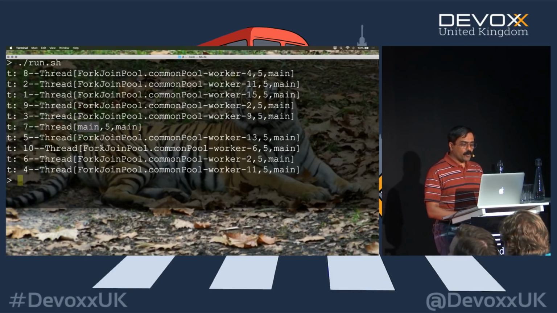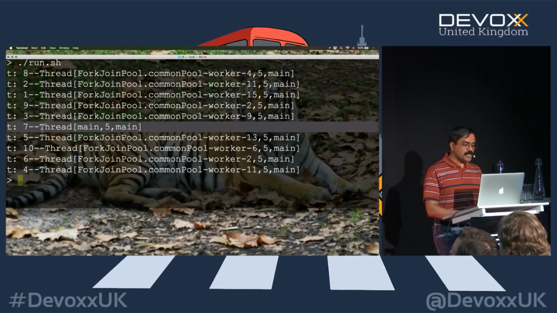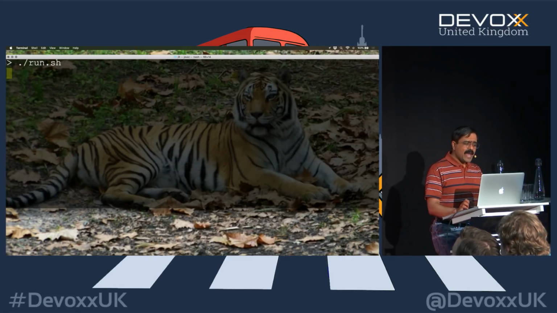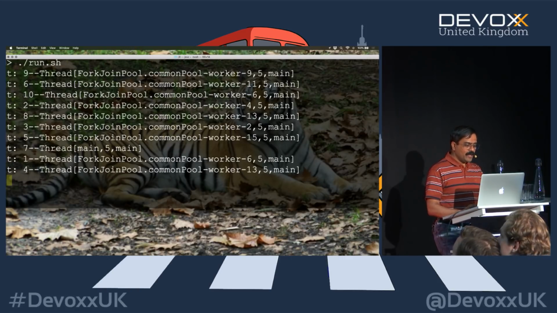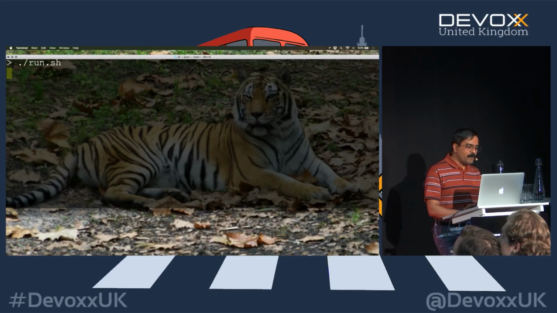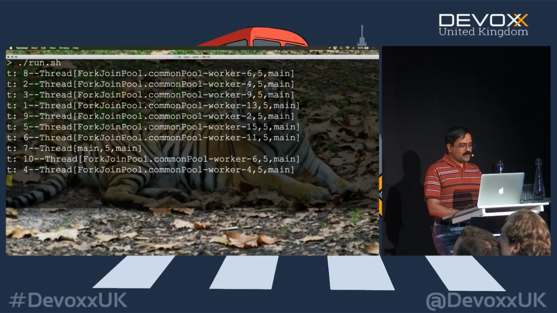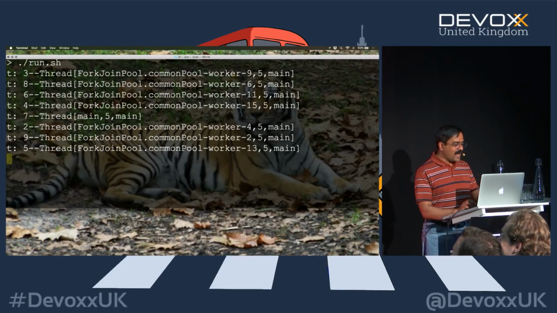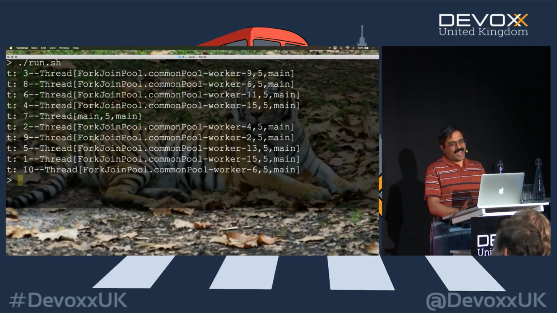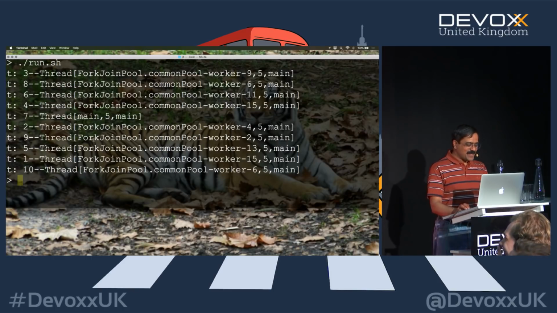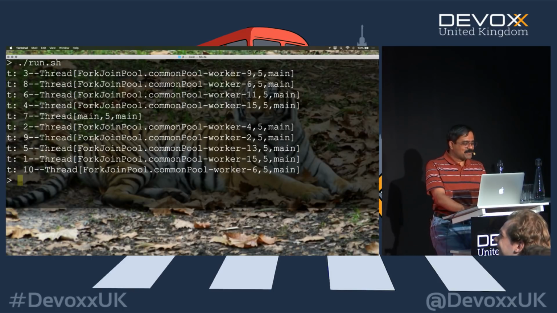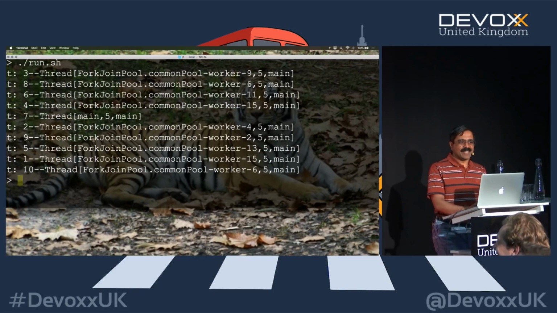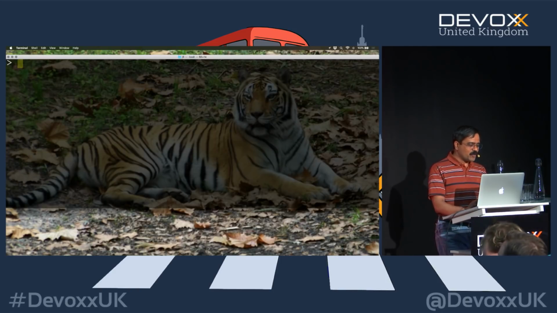But notice that the fork join pool is actually executing this code with one of them being executed by the main. There's no guarantee as to which one it would be. It so happened that 7 is being executed by it. Okay, so it really likes 7, but that's purely arbitrary, right? So the main is messing with me. It says, let's mess with Venkat today. But the point is that it's going to execute one of them, whatever that could be.